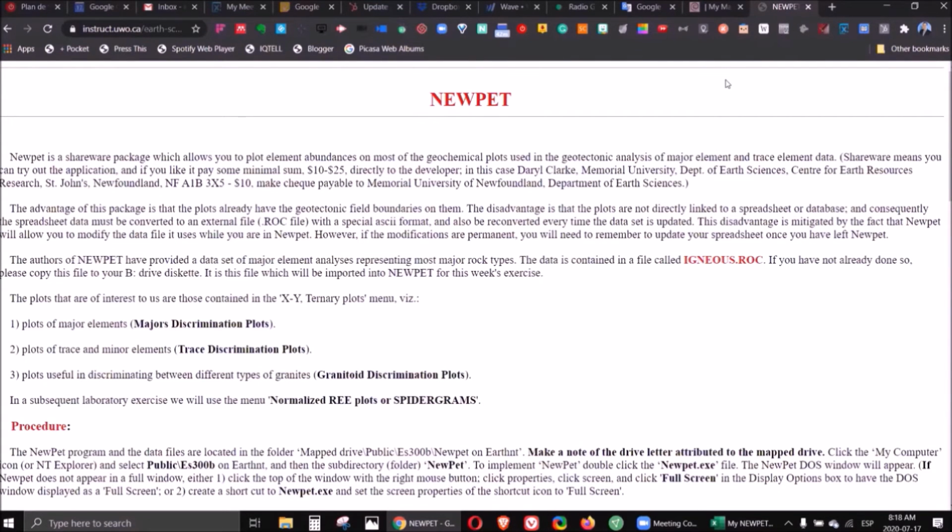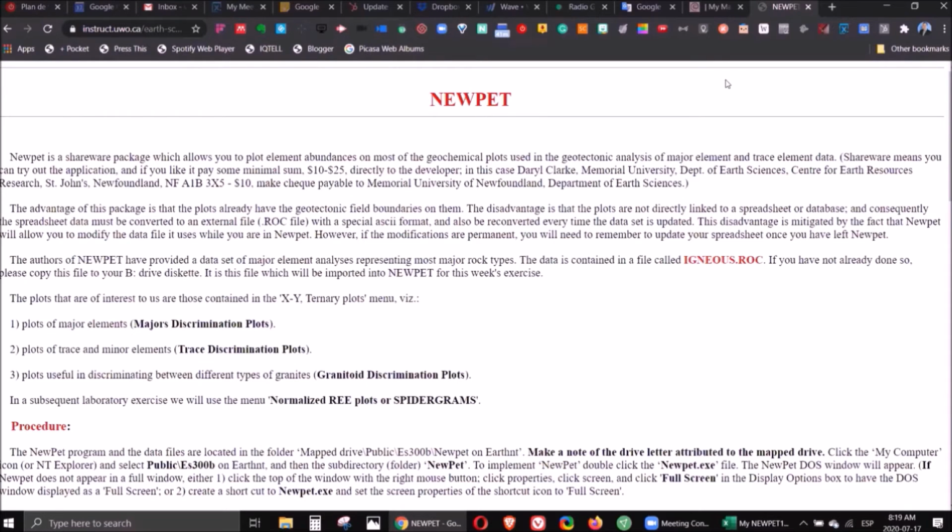The first program that I used to process major oxide information and petrological data in general was Newpet, which was a freeware developed at the Memorial University of Newfoundland. It was a DOS-based system, was not very friendly, but it was extremely useful and very practical. Regrettably, the creator of this software stopped upgrading it, so now it is impossible to download from the internet, and